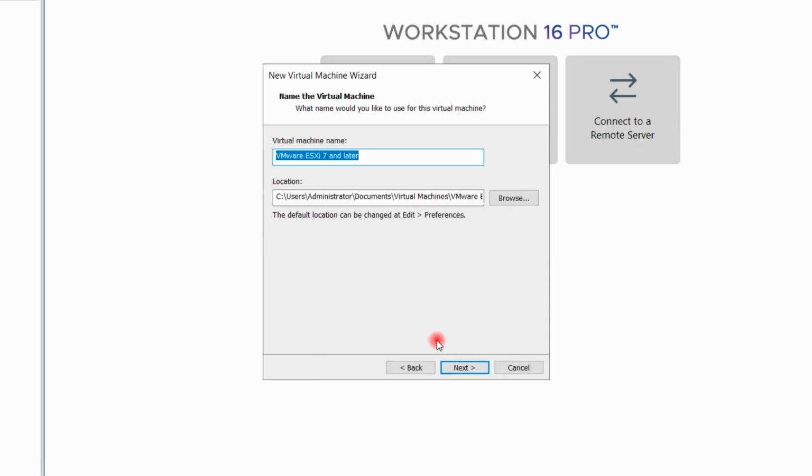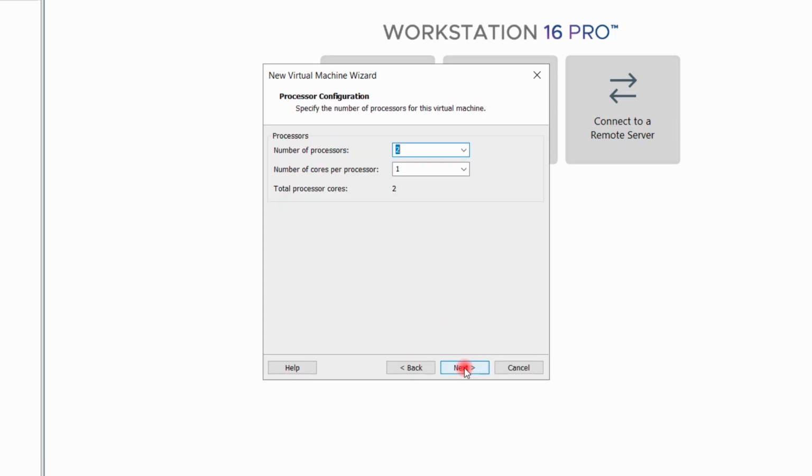Next, I will give the virtual machine name and I will provide here the path of my local system to save the virtual machine files. I will click on next.